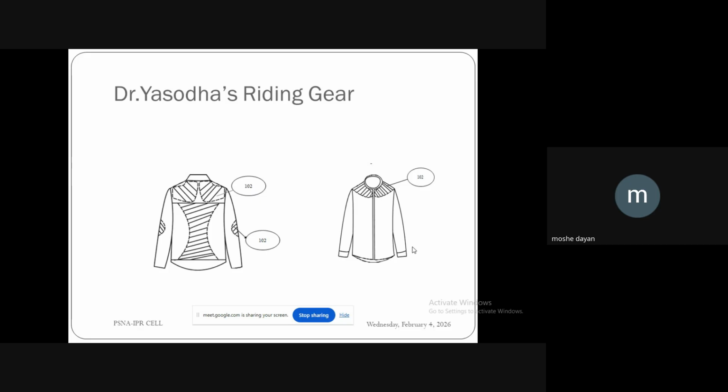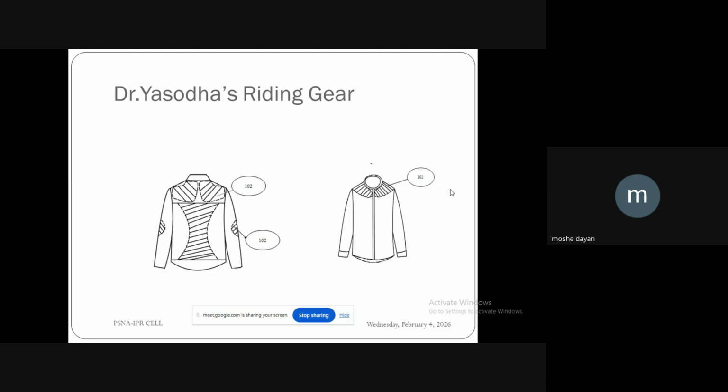You see, this particular riding jacket has got an inner periphery, which is a wax coated inner periphery. So when you wear this riding jacket, due to our body heat, the wax will melt automatically, and there will be a kind of a massage effect given on the elbows and the backbone as well as on the knees. So while riding bike, this particular riding jacket will be so comfortable for the bike riders.